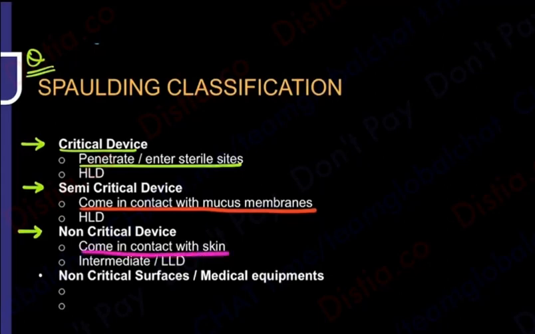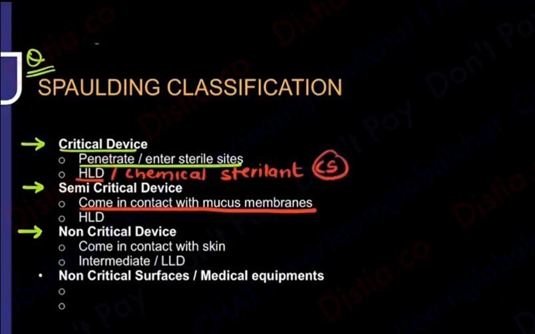Divide the devices. In an OT, something going in the body is a very critical device, so you will have to disinfect it. Not just disinfection, you will have to do sterilization. You will have to use a chemical sterilant, that is CS, chemical sterilant, because this is going inside my body. For a semi-critical device, also something going in your mucous membrane, there also you will have